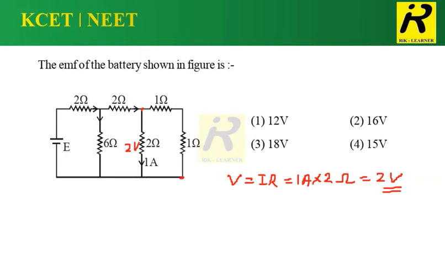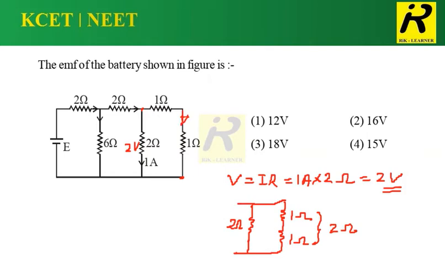Always in a parallel combination, like this, what we are having now is similar to this. This is 2 ohm and this is 1 ohm and this is 1 ohm, and the sum of these two will be 2 ohm. This is exactly the same as this one. That means 2 volt is existing here and 2 ohm is existing here. That means the two ends are again at 2 volt, so the current flowing in this branch is also 1 amp.